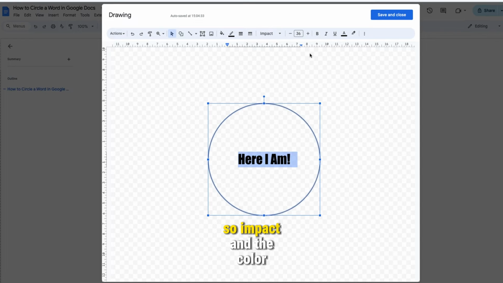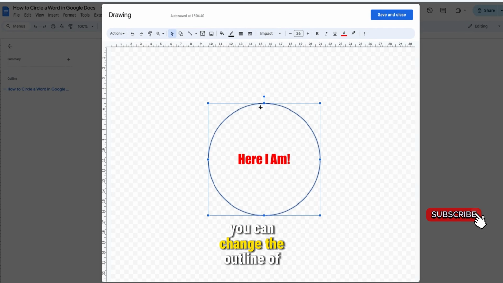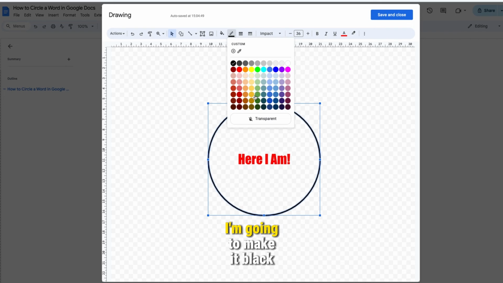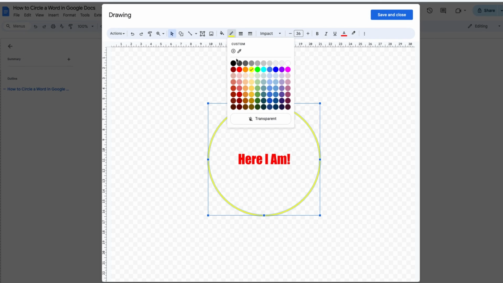So Impact, and the color. You can change the outline of the circle. So from here, border weight 4, and as well as the color I'm going to make it,